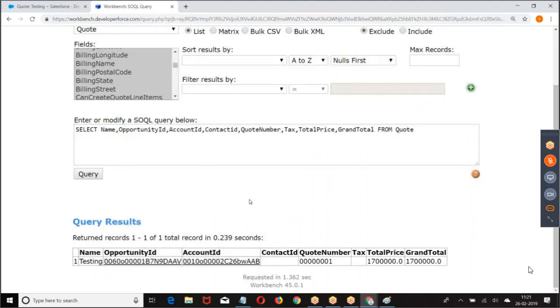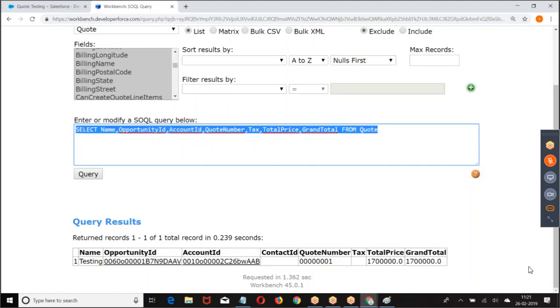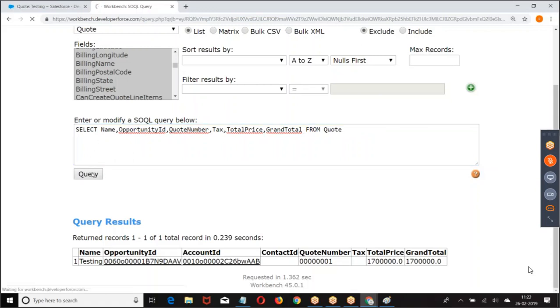This quotation is associated with which opportunity. This opportunity is associated with an account, contact, quotation number, tax, price, grand total. You get the fields? So we can make it simple. Name of the quotation, opportunity, then quotation number, tax, total price, grand total from quote. This is a child of opportunity.